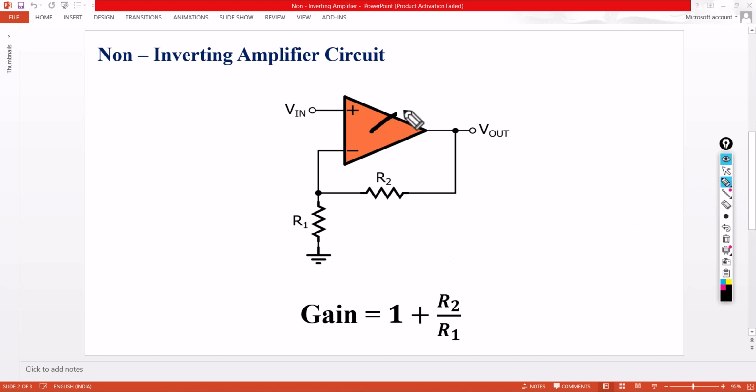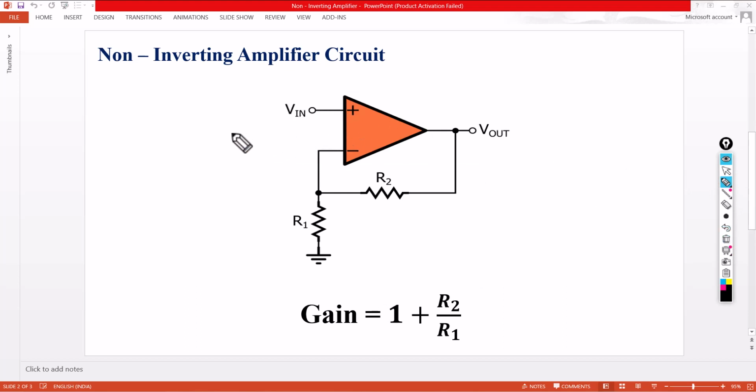This amplifier is nothing but an IC741. It's an integrated circuit. It's an 8-pin chip available in the market. If you look at this, the name itself is showing it's a non-inverting amplifier. So let us consider this is an amplifier